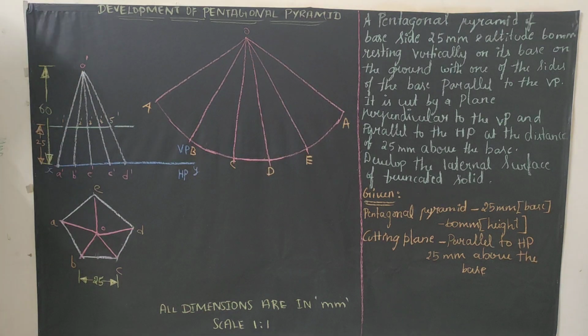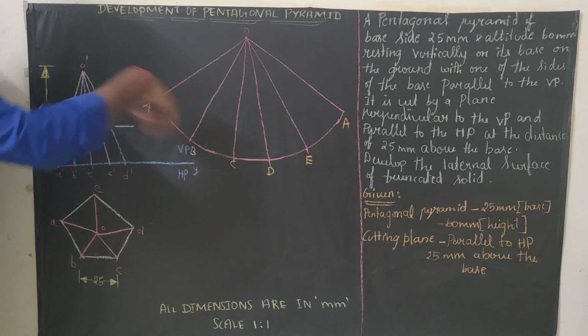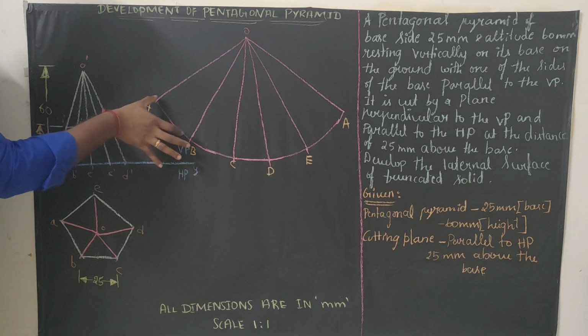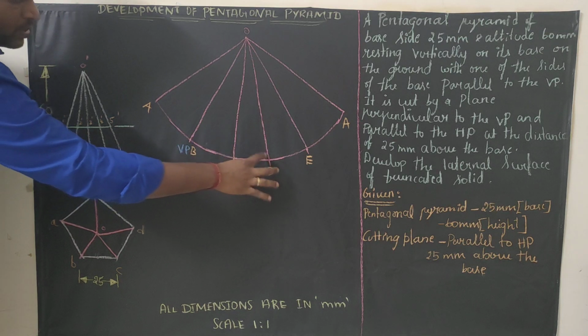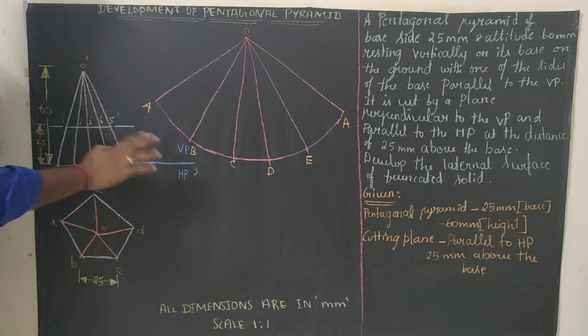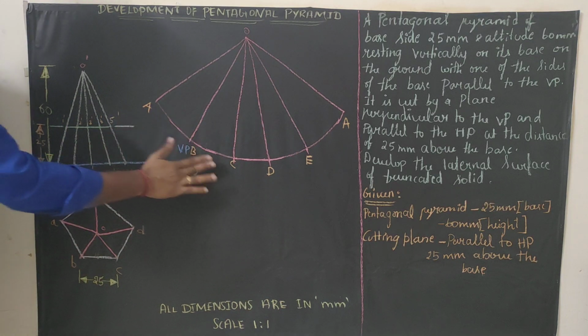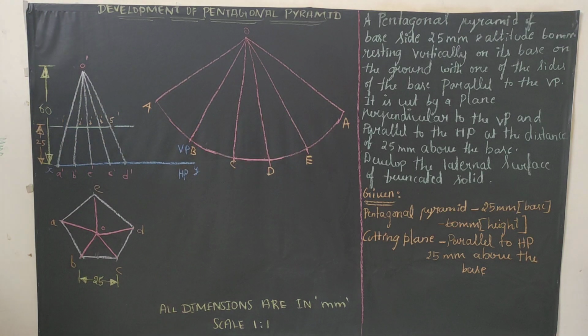Okay. We know very well a pentagon has 5 sides. Measure this one, 25 mm, right? Take your compass, keep your compass at A and divide this arc into 5 equal parts. From A you just cut an arc for 25 mm. From B you cut an arc. From C you cut an arc, from D you cut an arc, from E you cut an arc, so that each part will be measuring 25 mm, 25, 25, 25, 25. Since it's a pentagon, 5 equal parts; if it's a hexagon, it means 6 equal parts.